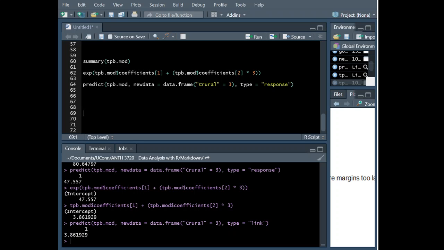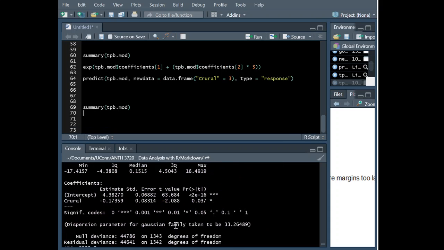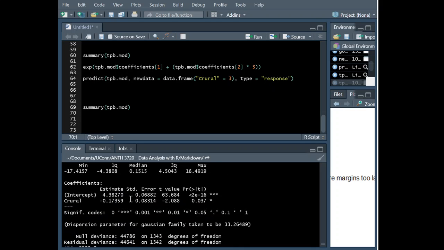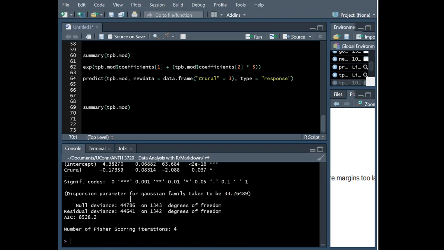Now, when we inspect the model summary for a GLM, we understand what the coefficients are doing, and we know that they are on the link scale, not the response scale, so we need to transform those if we want to make any sense of them. But apart from the coefficients being a little bit different, there's another thing about this summary output that's a little different. If you scroll all the way down to the bottom, you'll notice that there is no r-squared value